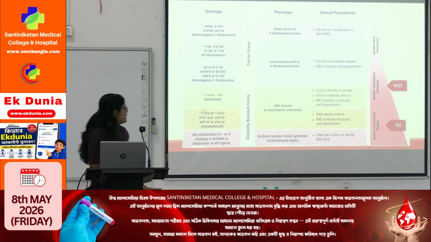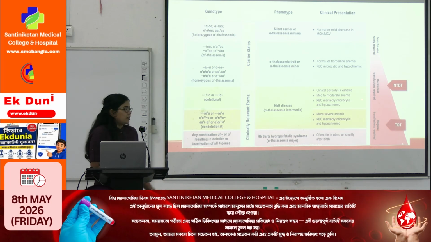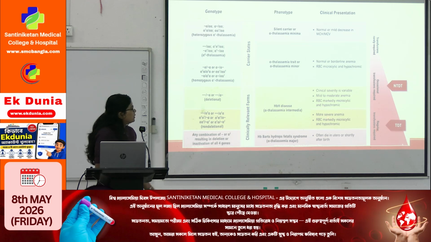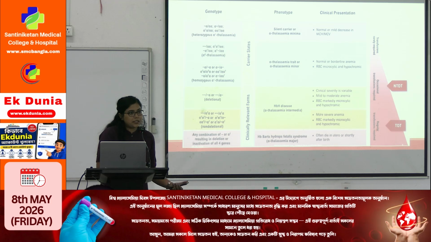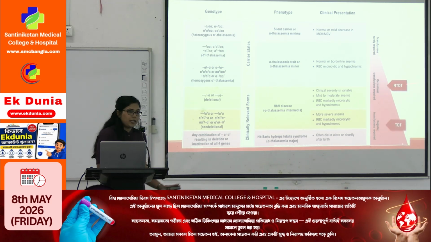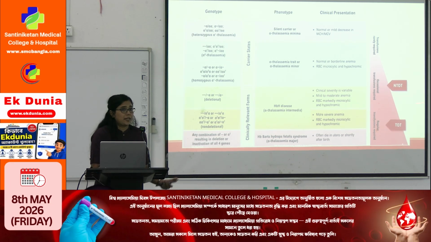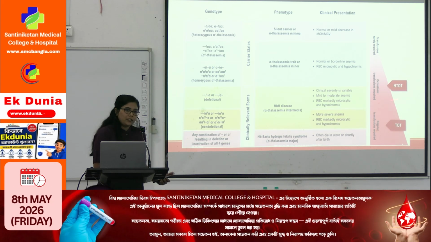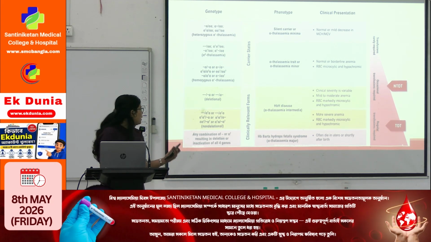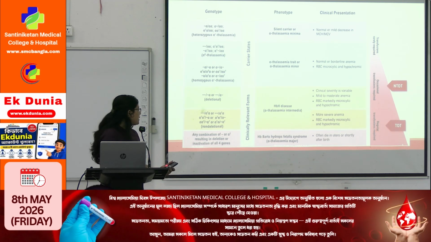In case of HbH disease, which is alpha thalassemia intermedia, clinical severity can be variable and can present with mild to moderate anemia, or also a more severe form of anemia, but in these cases, in the peripheral smear, the RBCs will be markedly hypochromic and microcytic. Finally, coming to hemoglobin Bart's, which can present with hydrops fetalis syndrome. Clinically this is very rare, as often the babies with hemoglobin Bart's die in utero or shortly after birth.